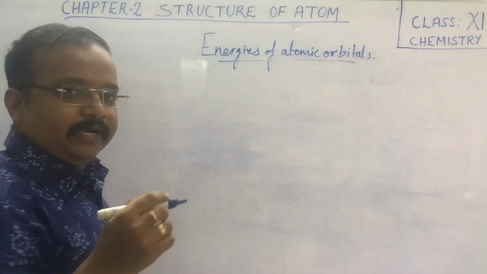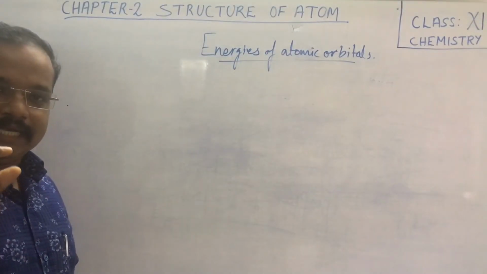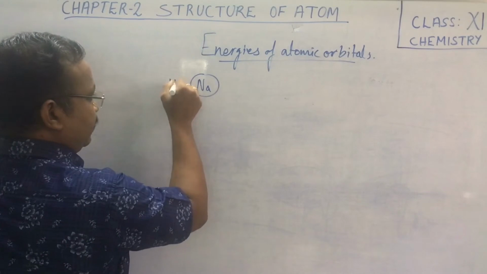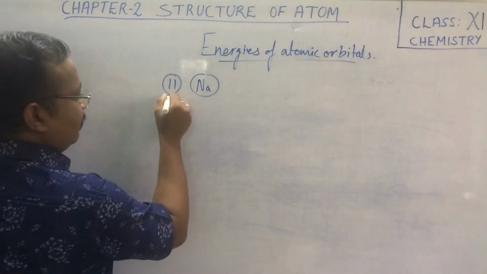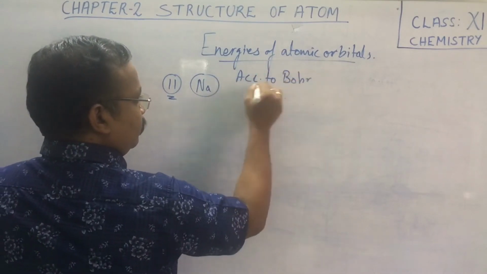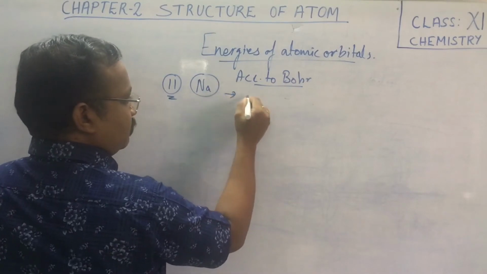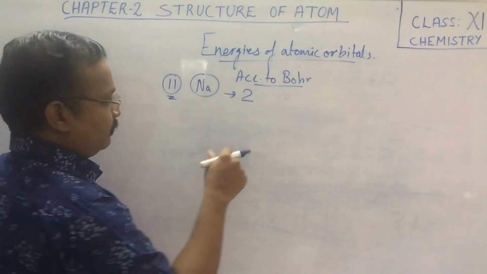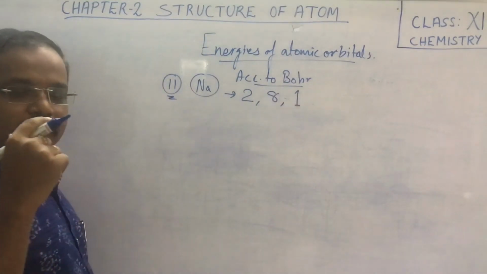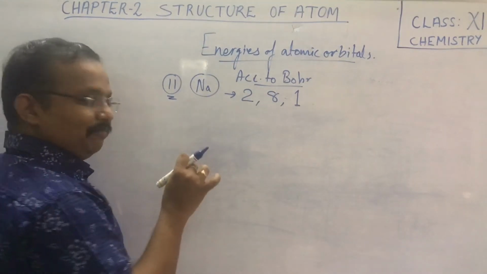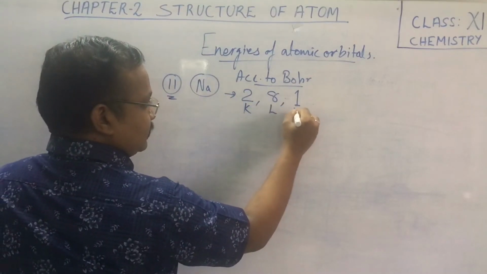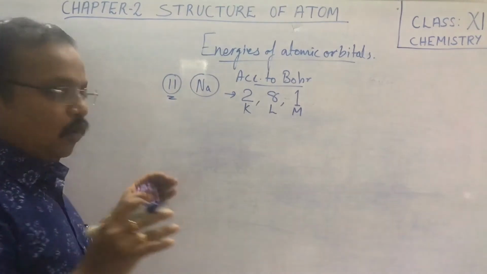You have studied a particular element like sodium. Sodium has atomic number 11. Yes or not children? According to Bohr, we have discussed that the filling of electrons is done in which 2 electrons will go into the first orbit, then 8 electrons will go into the next orbit, and 1 electron will go into the last orbit. Okay, I am taking an example here in which this is our K shell, this is our L shell, and this is our M shell. Okay, this is the orbit concept.